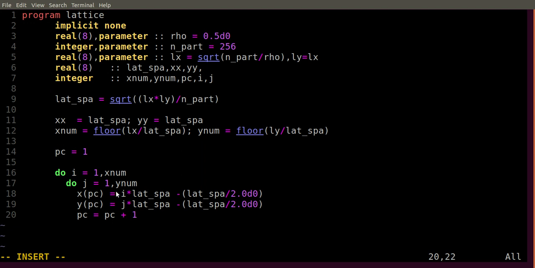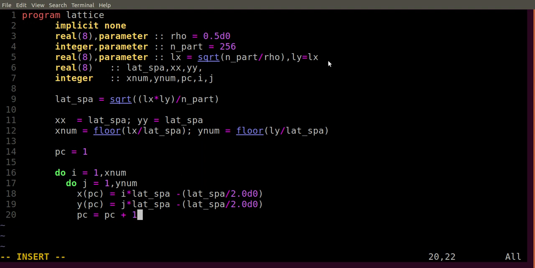Now I have given a position to particle number 1. Now I have to increase the particle number, which is the particle count I am defining here. So the next loop is i is equal to 1, j is equal to 2. The particle count will be 2, because I have already positioned particle number 1, which has coordinate x1 y1. Then the next I will place x1 y2, then x1 y3, likewise.